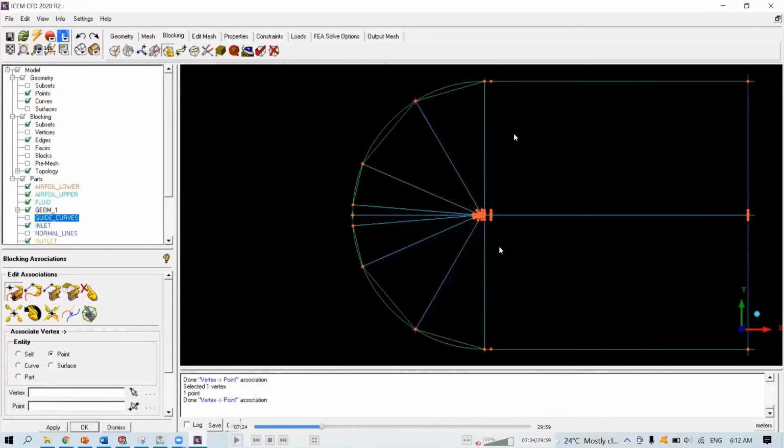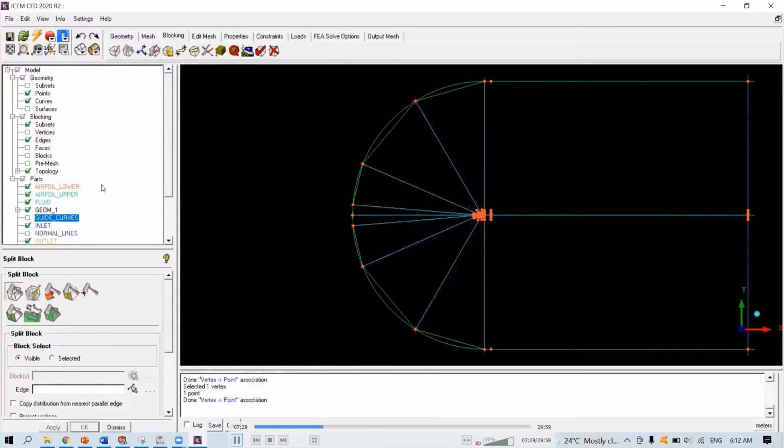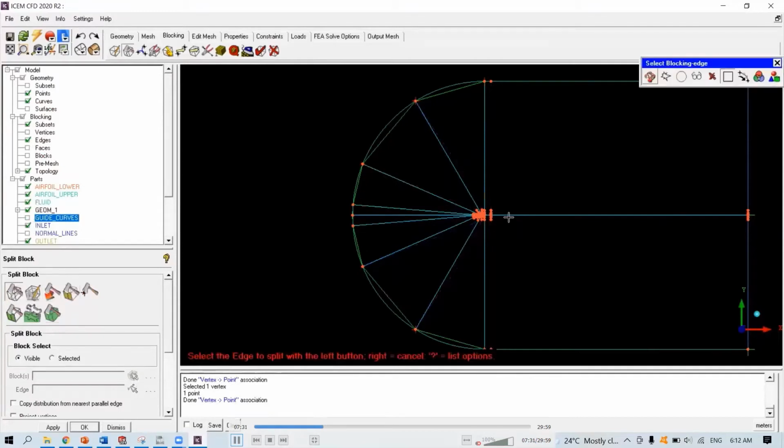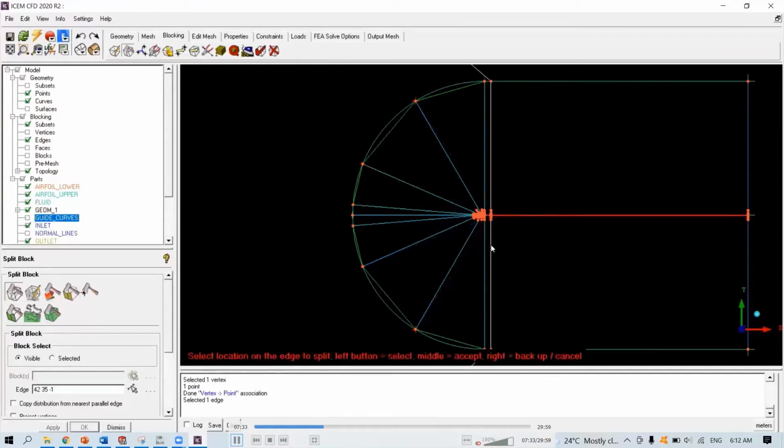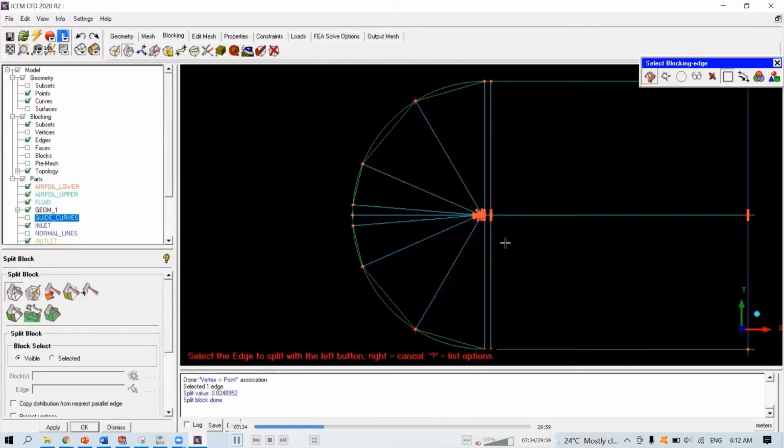Now notice that we have another curve that goes through here that will relax the mesh. So we're going to do another split over here. Okay.